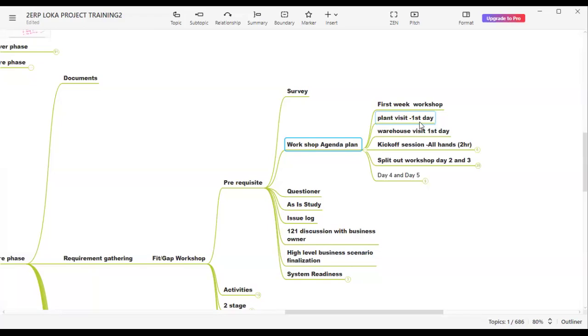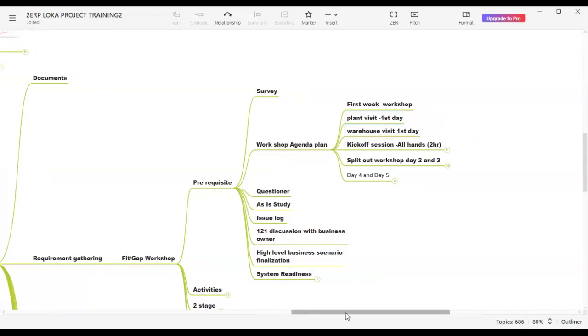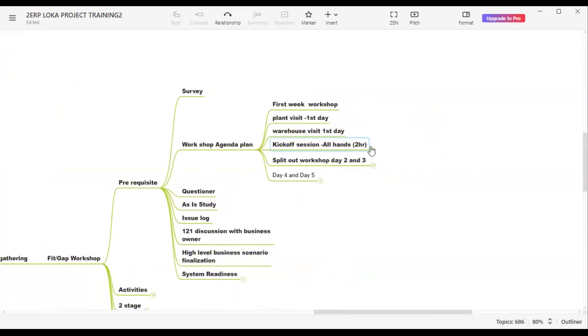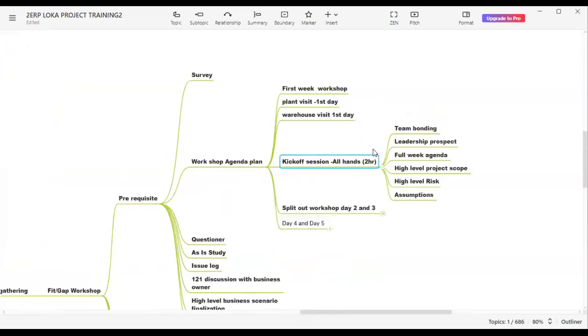So this is very important. If someone asks you to visit a factory, when you join as a consultant and get a project, and your project manager asks, can you visit the client's factory once? Don't deny it. Visit the factory. If you visit the factory, you will have a better understanding of how the business is working. You will have a better solution for them. Okay. On the first day you will have a plant visit. On the second day you will have a warehouse visit. And then, for what you have observed in the plant or warehouse visit, you are going to have a discussion with the internal team.